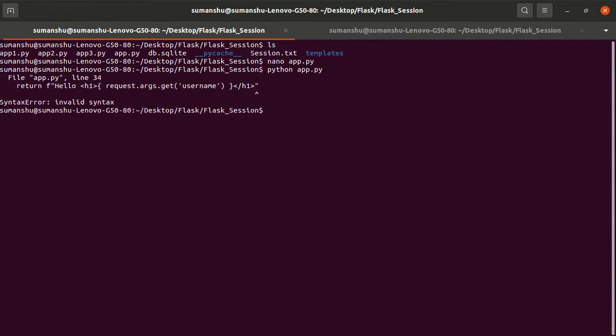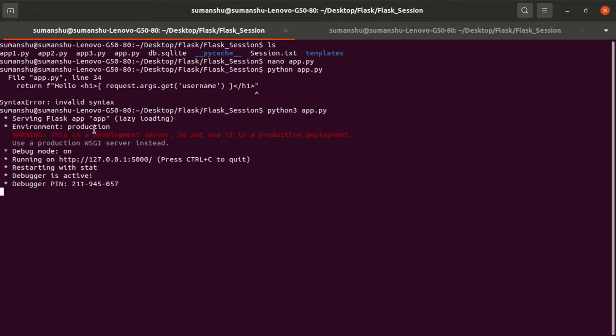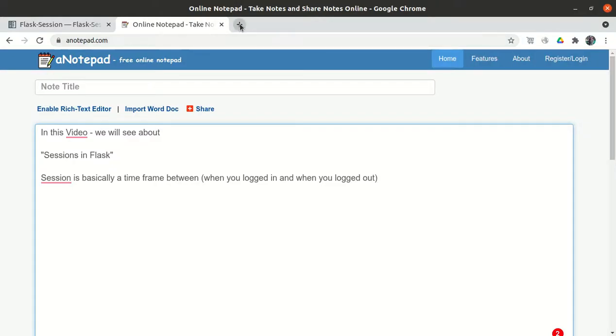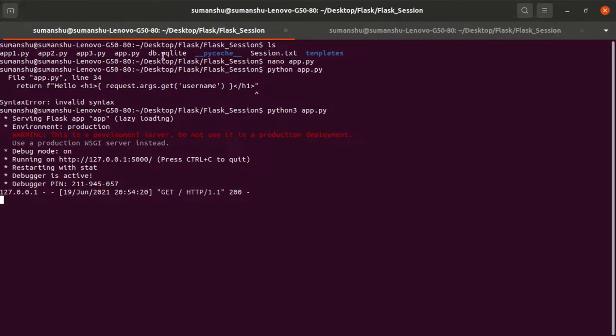So I have run this with Python 3, right? So it has now started. Now I have opened this. Let me parallelly open my code as well.